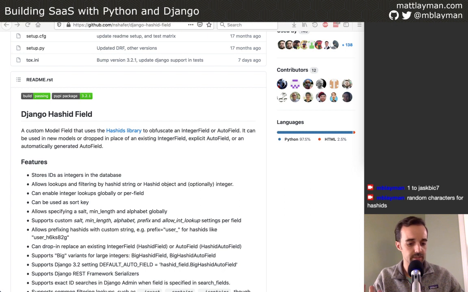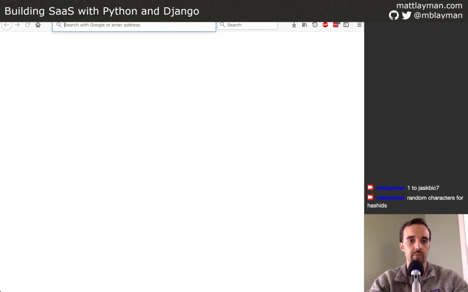So this is what this field does. It essentially is very transparent to your application. It wraps around certain fields if you want it to, or you can have unique fields that at the database level are stored as either a regular integer field or a big integer field if you have a lot of these data elements. But Django does the translation, and hash is actually a misnomer. That's one of the things I discovered. It's not really a hash because